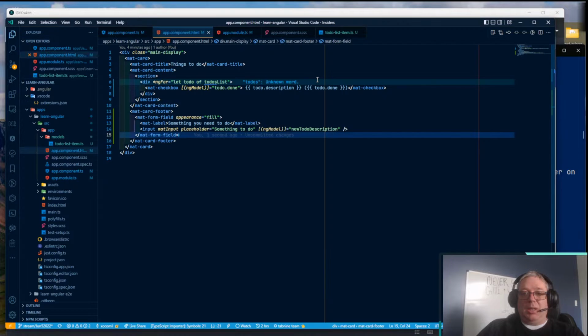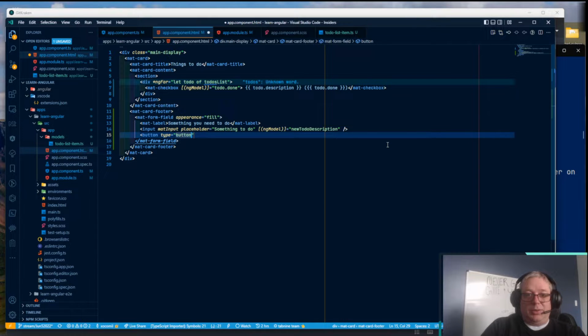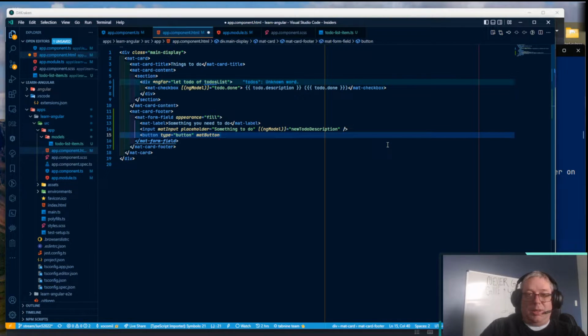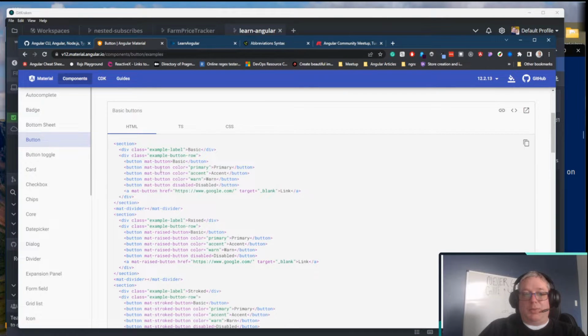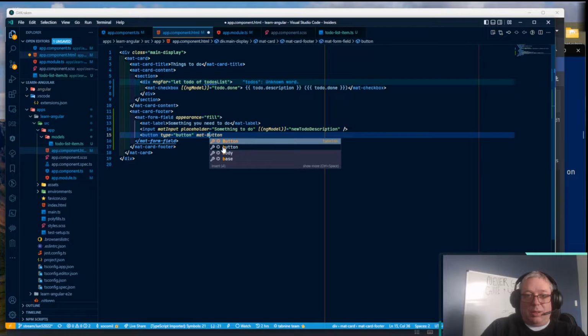So let's go back, and after our input, we will add a button. It's going to be type equals button. And it is going to be a mat button. Oh, it's mat-button. I was already doing it wrong. And color is primary. So mat-button and color is primary. We will need a click handler, but